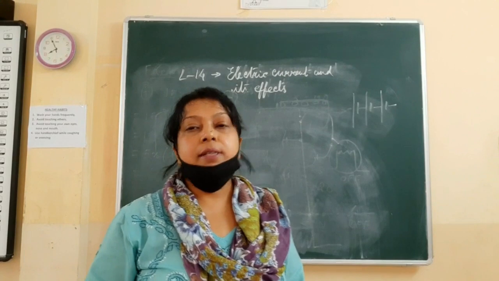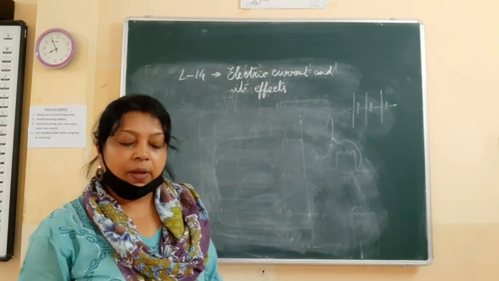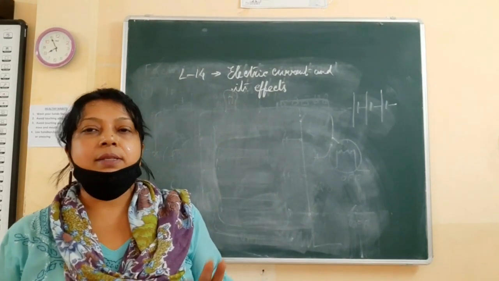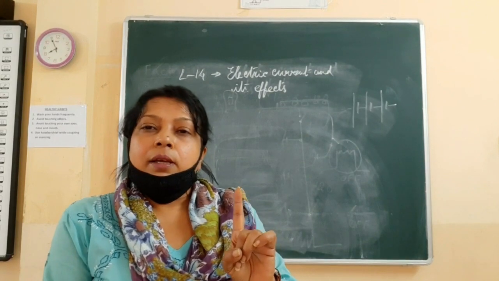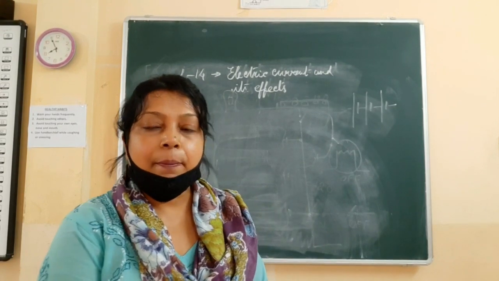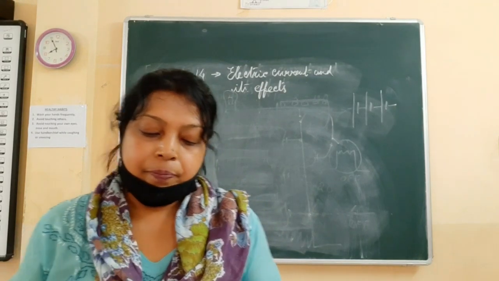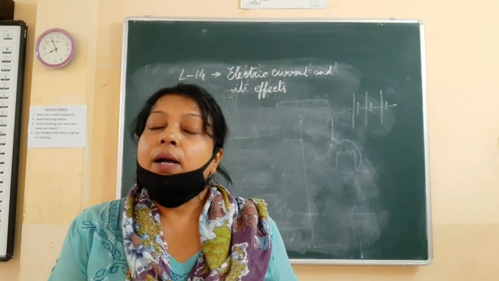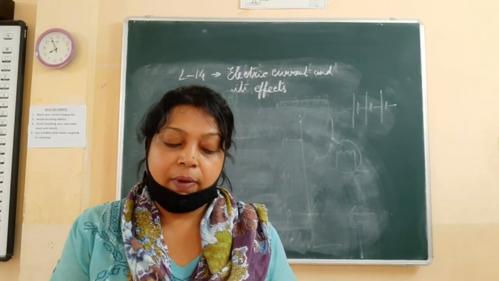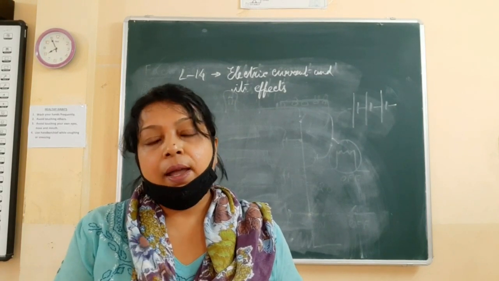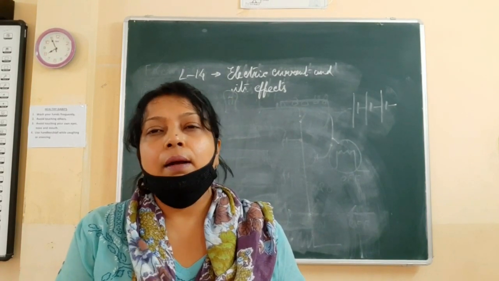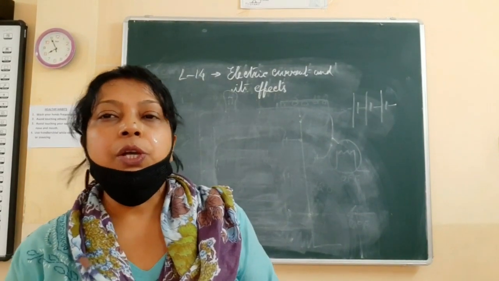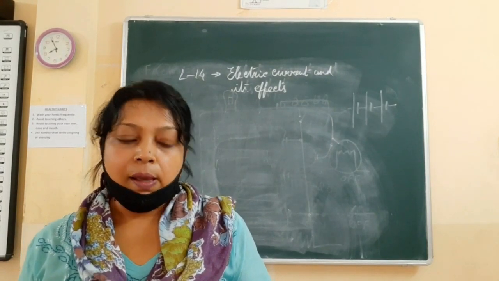Now is the electric circuit, a simple electric circuit. In a simple electric circuit, we require these components: first the bulb, which is an electrical appliance, then a cell, which is a source of electrical energy, then the connecting wires, usually copper wires, and a switch or the key. So these are the different components we use to make a simple electric circuit.